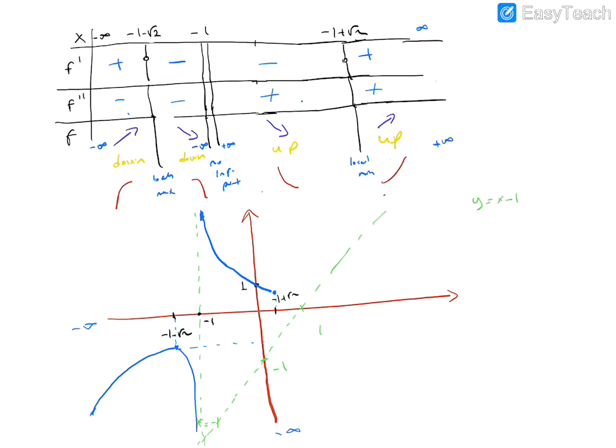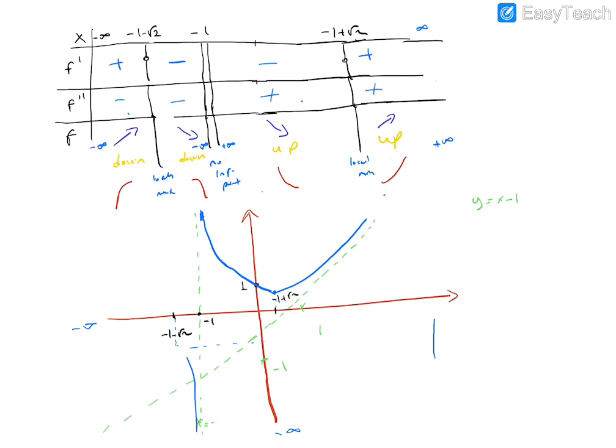So after that point, the function starts to increase and is concave up again, and when x goes to infinity, it goes to infinity. But we know that it approaches the y equals x minus 1 line. So it approaches the y equals x minus 1 line. But also when x goes to minus infinity, it approaches the y equals x minus 1 line. So either the y equals x minus 1 line is not correct here, or the other part is wrong. So let's sketch a bit differently, because it approaches the y equals x minus 1 line here, and also that one.